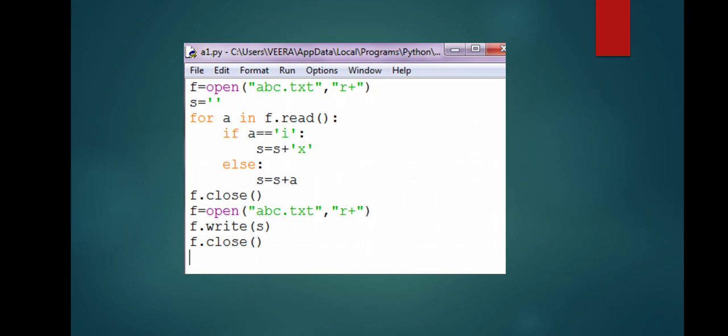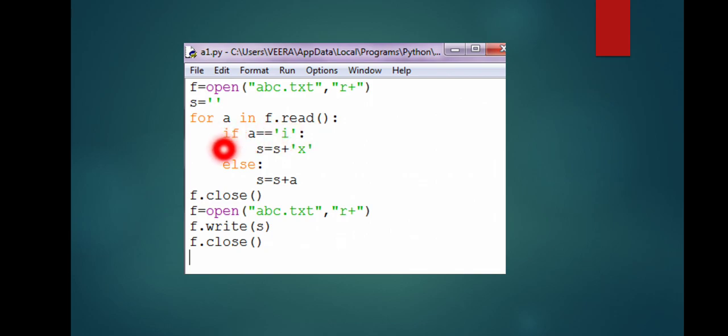So what I have done, I have read the content of the file in a variable, I have used the read function over here, and I have read character by character. As we know, when we do not provide any argument to the read function, it reads the entire content of the file, and then that entire content is read character by character.